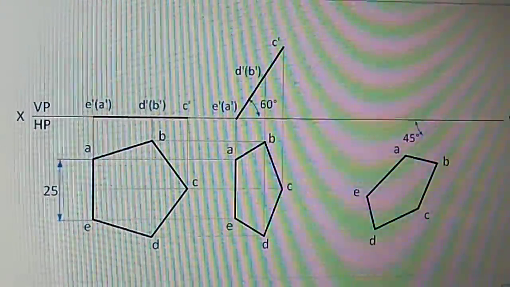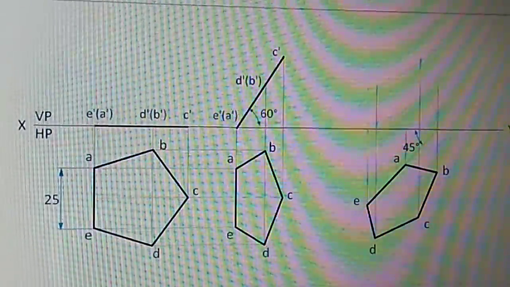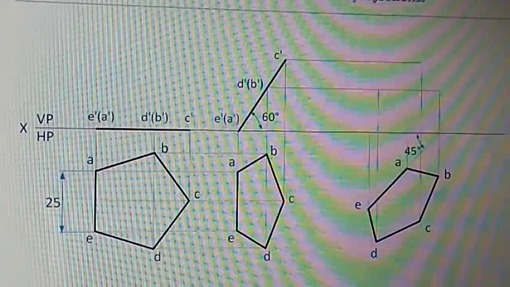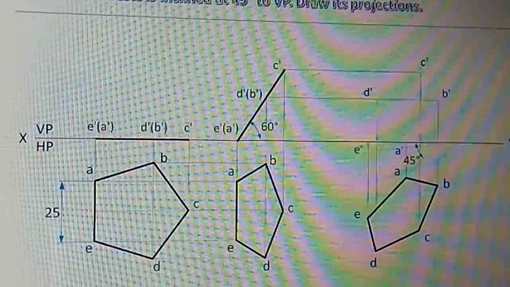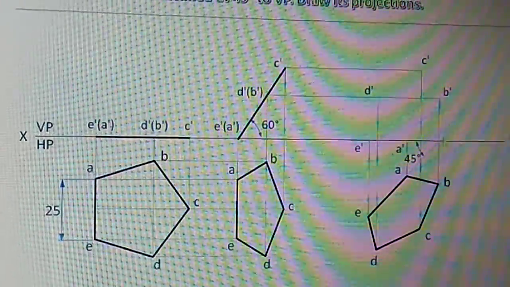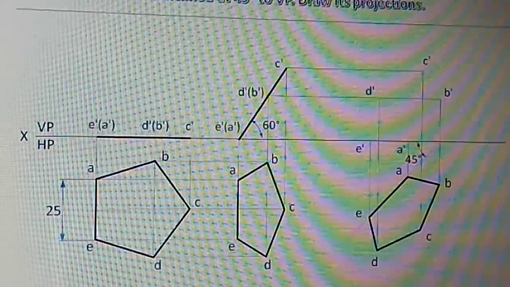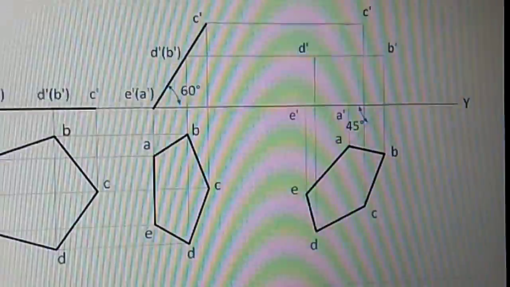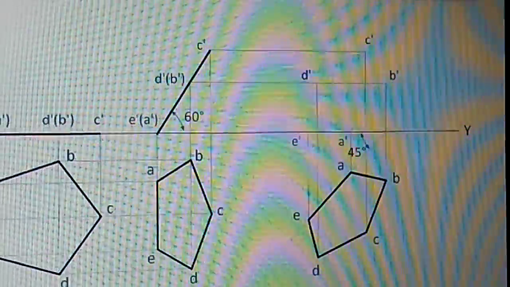Next, you draw the projections in order to obtain the front view. So you draw the vertical projections upward, and from the second position front view draw the horizontal projections. You are getting the corresponding points of A dash here. A is the projection of this point A here. A becomes A dash, B becomes B dash, C becomes C dash, D becomes D dash, and E becomes E dash at the corresponding lines. Then you have to connect these five points. You are getting the third position front view.